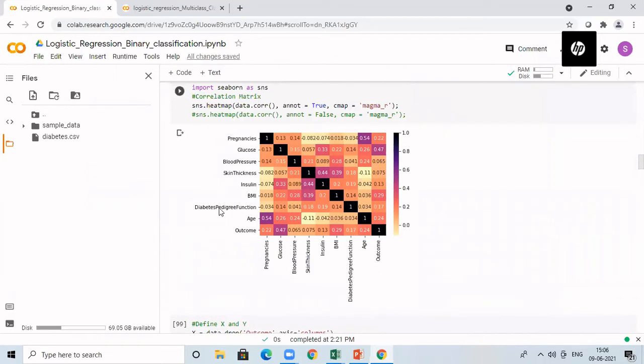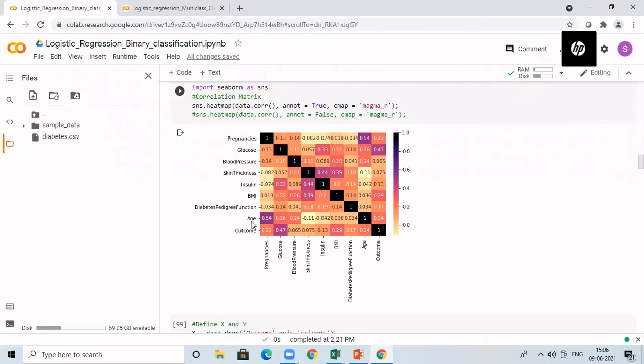So if you see this, what is the significance? If you see the colors, here one is indicated by black. Always remember the diagonal will have one only, because you are showing the correlation of a variable with respect to itself. Then whichever has the highest correlation will be highlighted in black color. Then the color is decreasing like this. If you have a light color, it means the correlation is very low. So if you see this, you can easily find out that this is having the highest correlation.